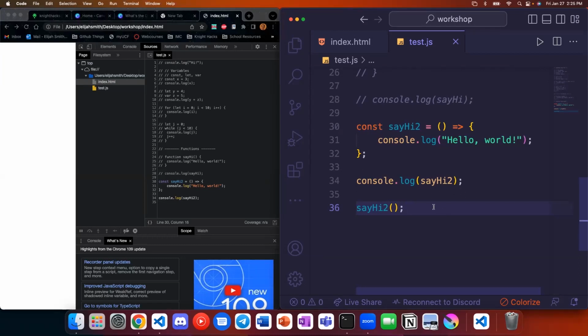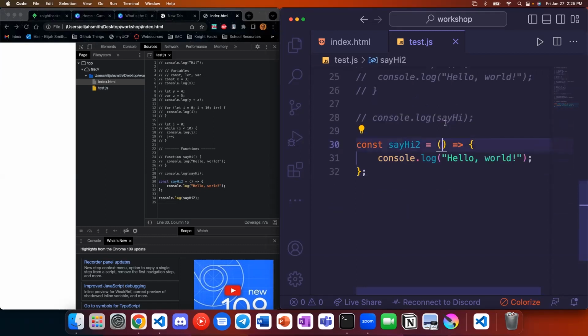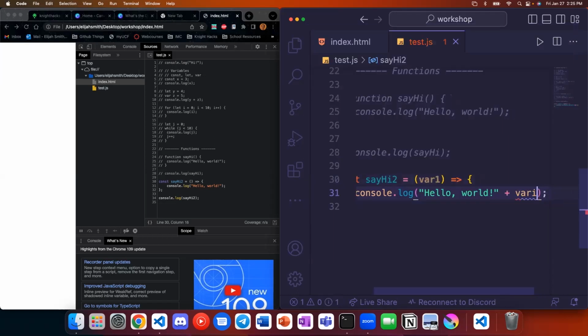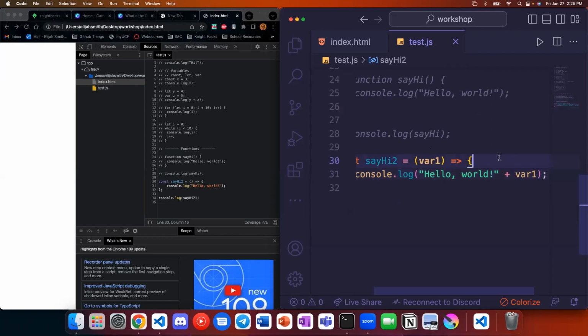The benefit here comes from when I start to introduce other arguments to our function. So whether we're using our function keyword or an arrow function, we can go ahead and put in parameters in here. So if we want to take in variable 1, we do not have to put any types on the variable, which is extremely dangerous. And you definitely want to be careful. But we could go ahead and print out whatever var1 is and concatenate it to the string.